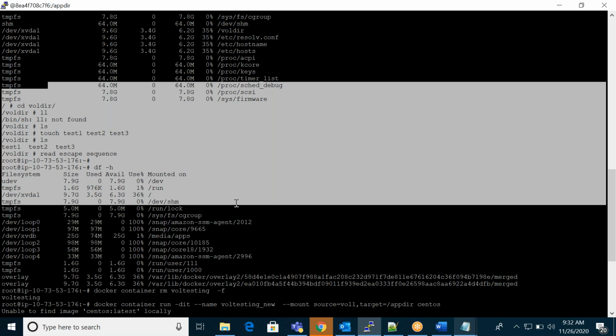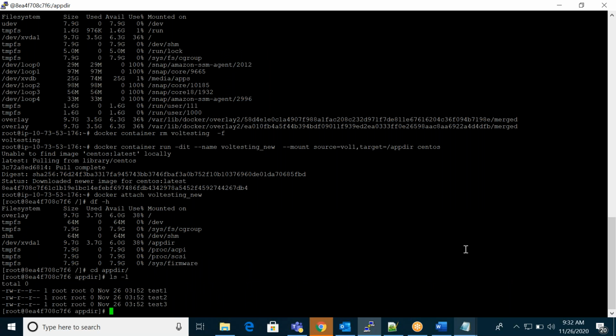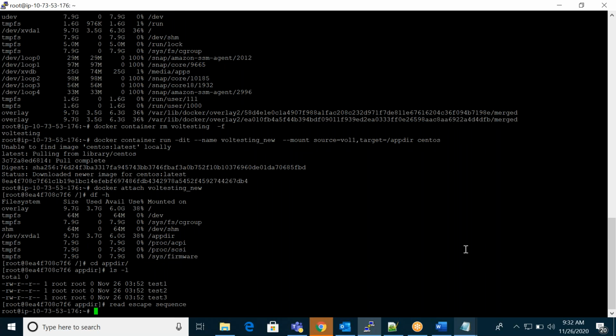In AWS we have the same storage concept. You can get the volume, you can attach it, detach it, all this stuff. So for sure we need to detach before attaching it to another container, or can we keep both containers at the same time? No, that is a different concept. If you want, we'll try. Now I will create one more new container.